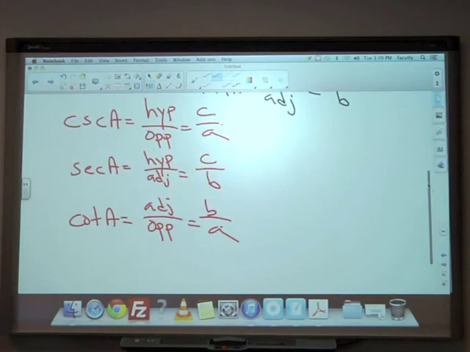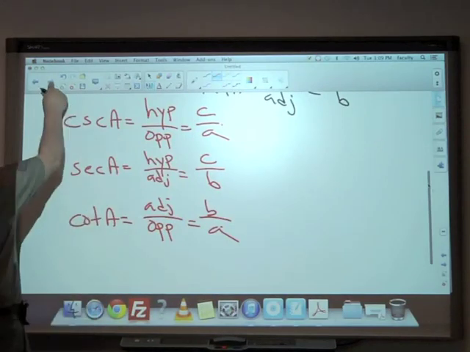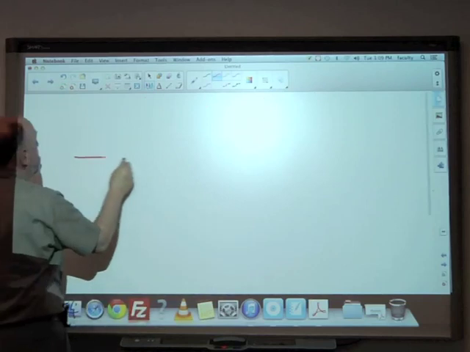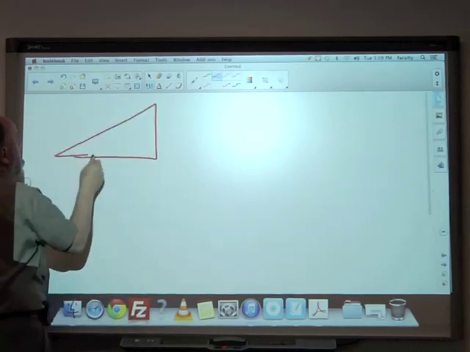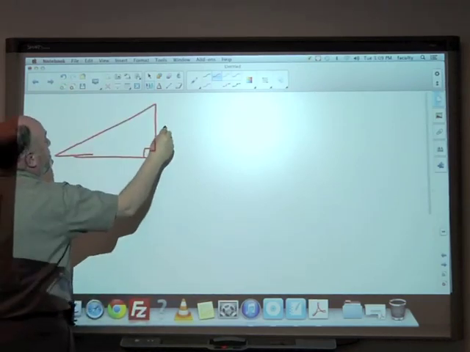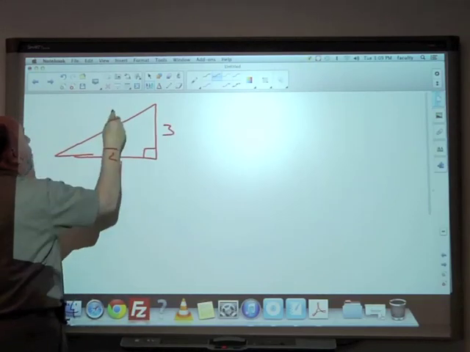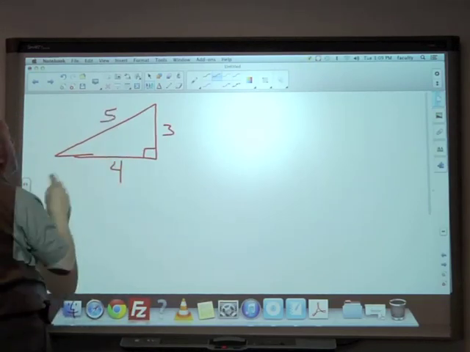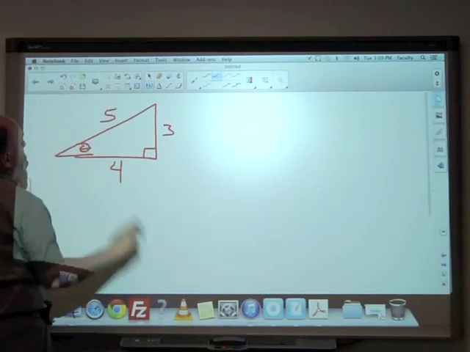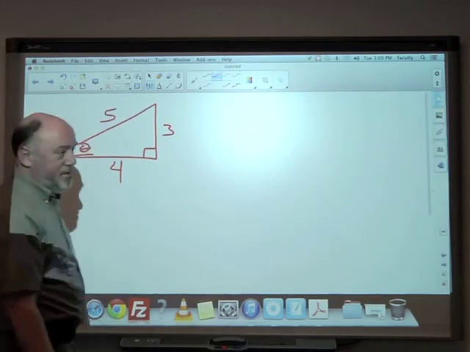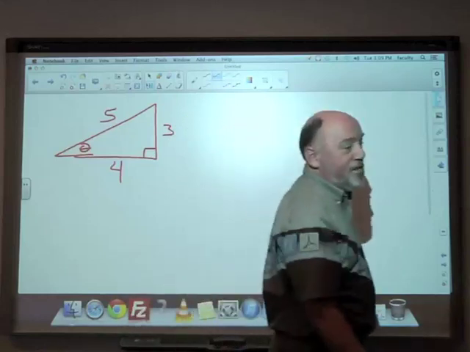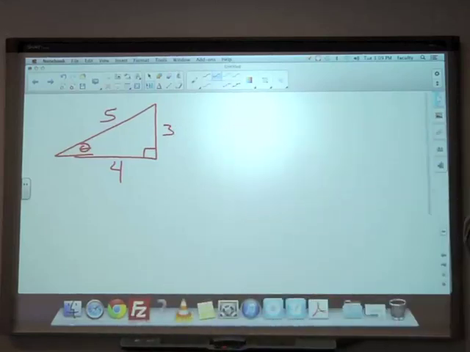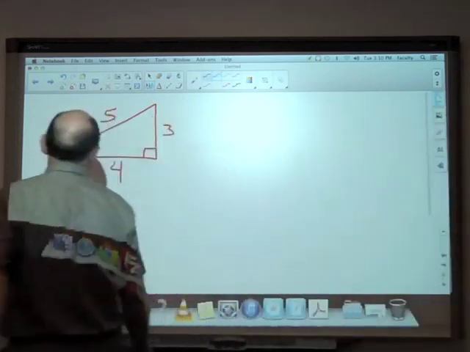So those are the trig functions. So for example, if I have a triangle, here's my right angle, this is 3, this is 4, this is 5, and this is my generic angle theta. And I want to know what are sine, cosine, tangent, cosecant, secant, and cotangent of theta. Really, I want to know what those fractions are. Okay. So sine theta